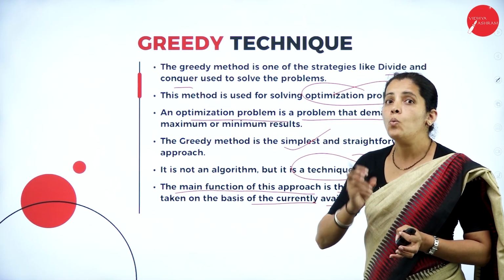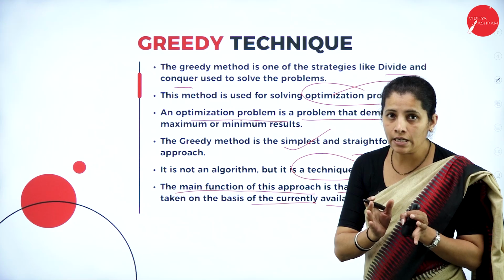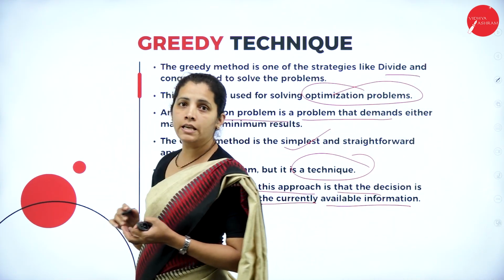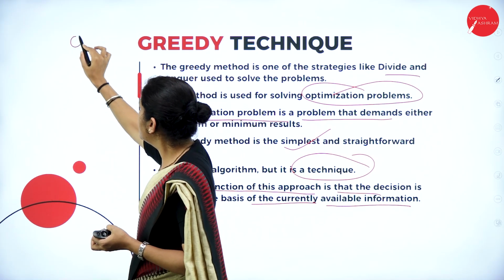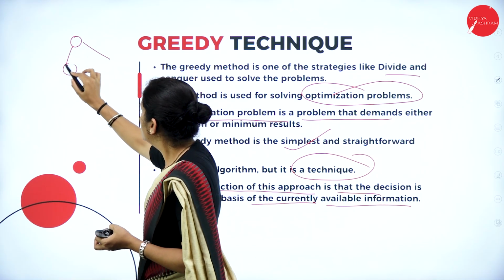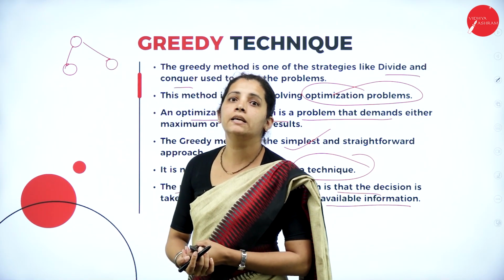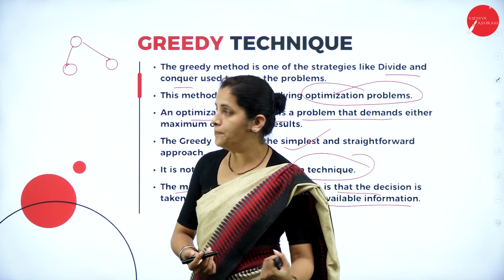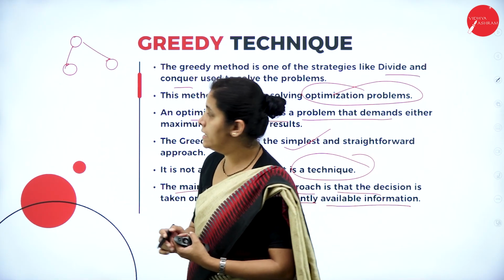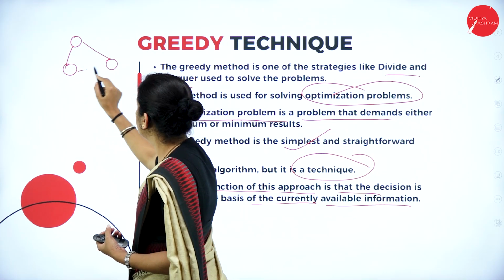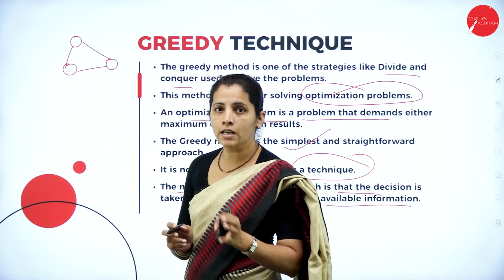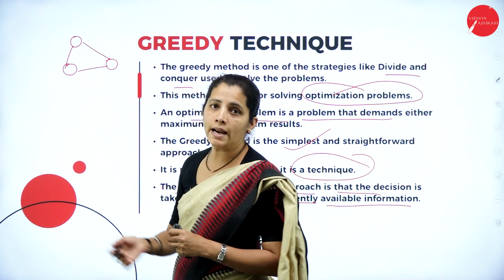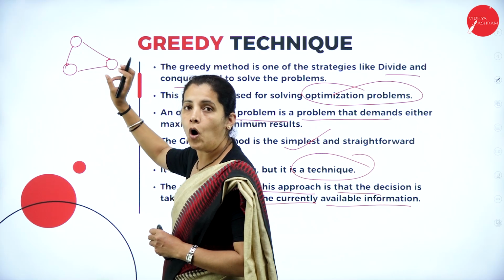Okay, so what is a tree? What is a spanning tree? We have to learn. Okay, fine. What is a tree? If I have a graph, if the graph is represented in the form of a tree. And what about a spanning tree? See here, think that this is my graph. This is nothing but my graph. Okay, fine. Then what about a spanning tree? I must have all the